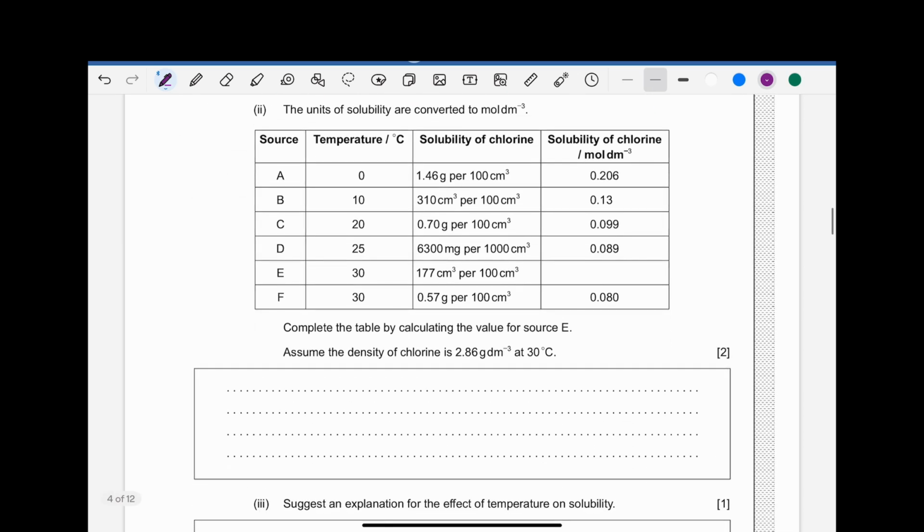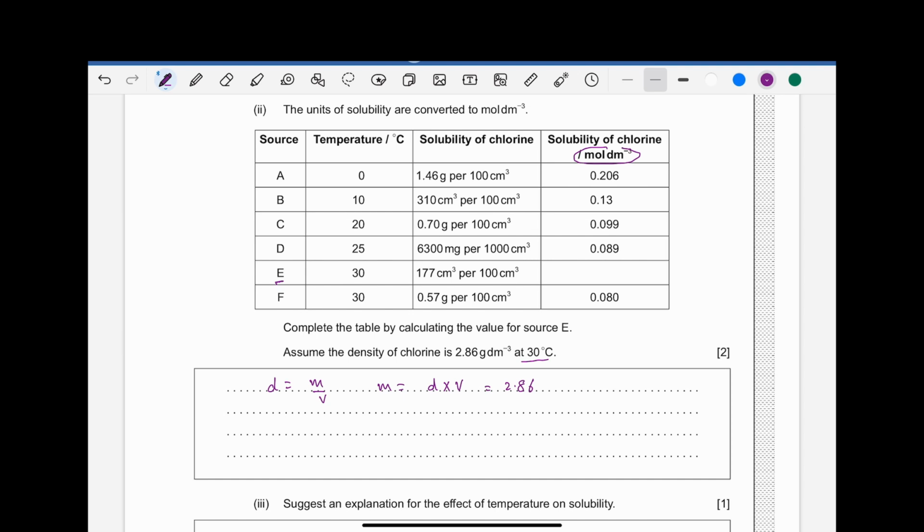Okay. 2. Complete the table above by calculating the value of source E, solubility of chlorine in mole per dm cube. Assume the density of chlorine is 2.86 gram per dm cube at 30 degrees Celsius. So we know density is equal to mass over volume, and mass will be equal to density times volume, and density is 2.86,